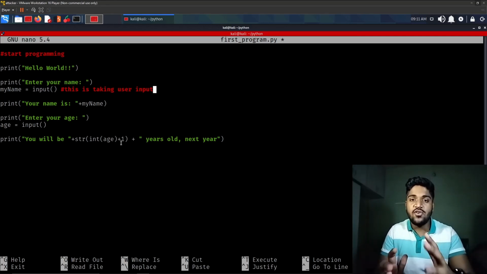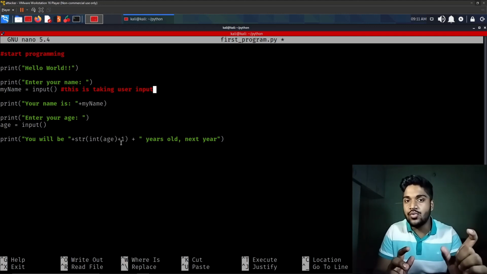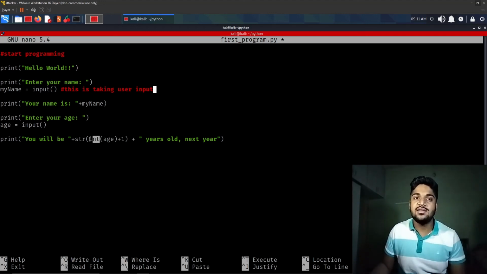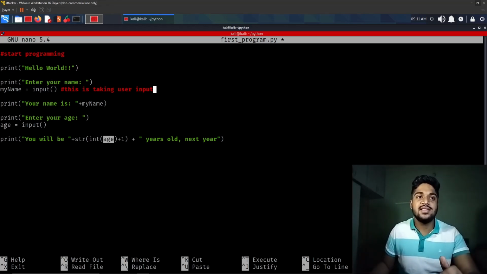So if you want to perform any multiplication, addition, or any numerical actions or functions on that user input, you first have to convert it to integer. How we can do that is you can just pass it to the integer function. Let's say this age we gave into the integer function. The function ends here, so this age is now an integer value. We can do mathematical functions.